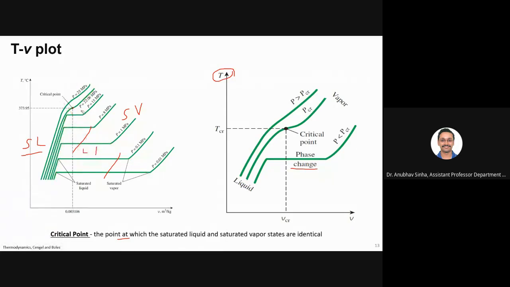For any pressure which is lower than the critical, we'll see a part where this curve flattens, where the temperature remains constant. In general, when you supply latent heat and you see a phase change, the temperature becomes constant. For example, for water, the temperature becomes constant at 100 degrees Celsius. That is not happening here. Above the critical point, the volume just keeps on increasing.